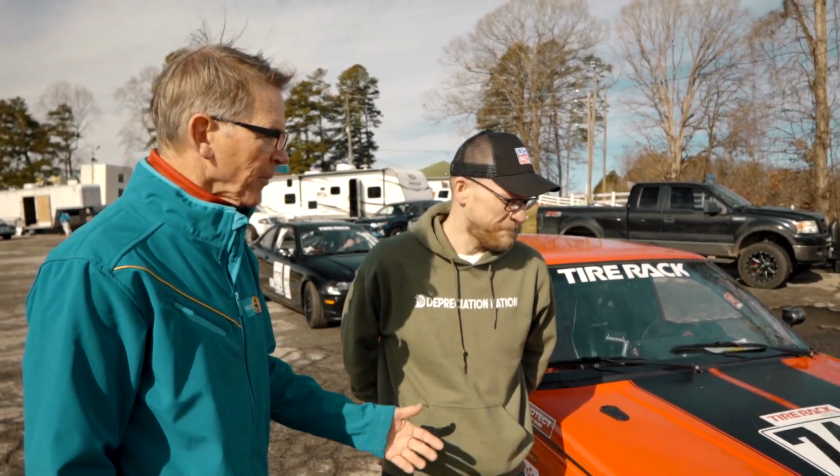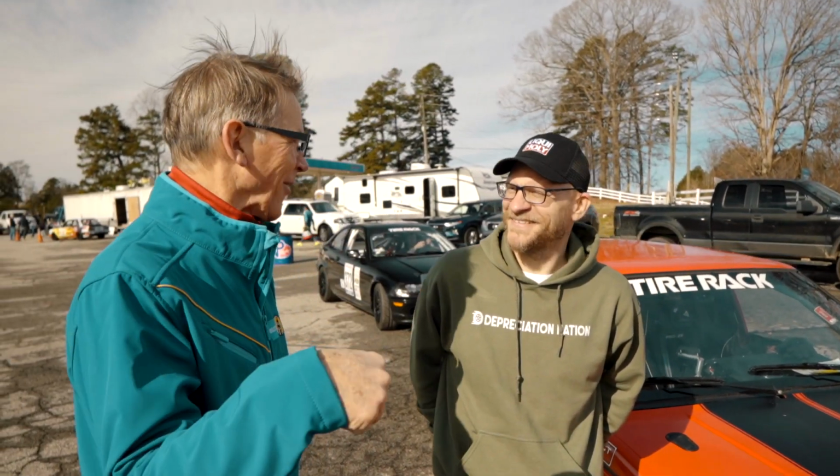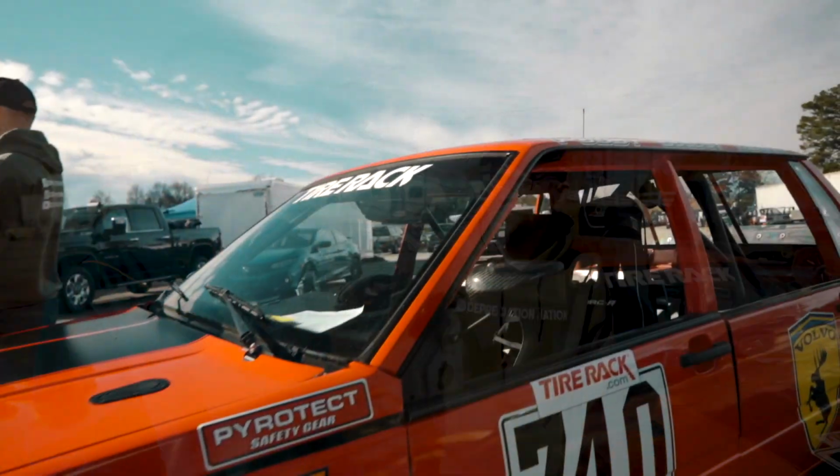I've been running this car for 7 years. I've had a lot of help from a guy named Frank Resinetti. He's got a shop here at Road Atlanta just a mile away. In fact, he's welding up somebody's roll cage for somebody who just failed PET. Nice. Right now. And yeah, we run the EC category, which means we've done too many modifications to be